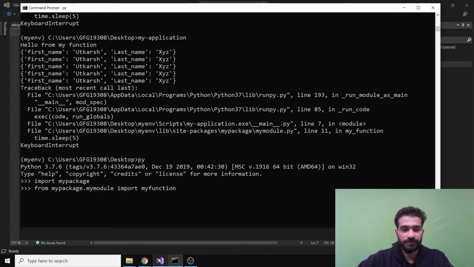What is the function name? My underscore function. So I can also import it. Import my underscore function, and it executes. Now from here I can execute my function. I'll just call my function,